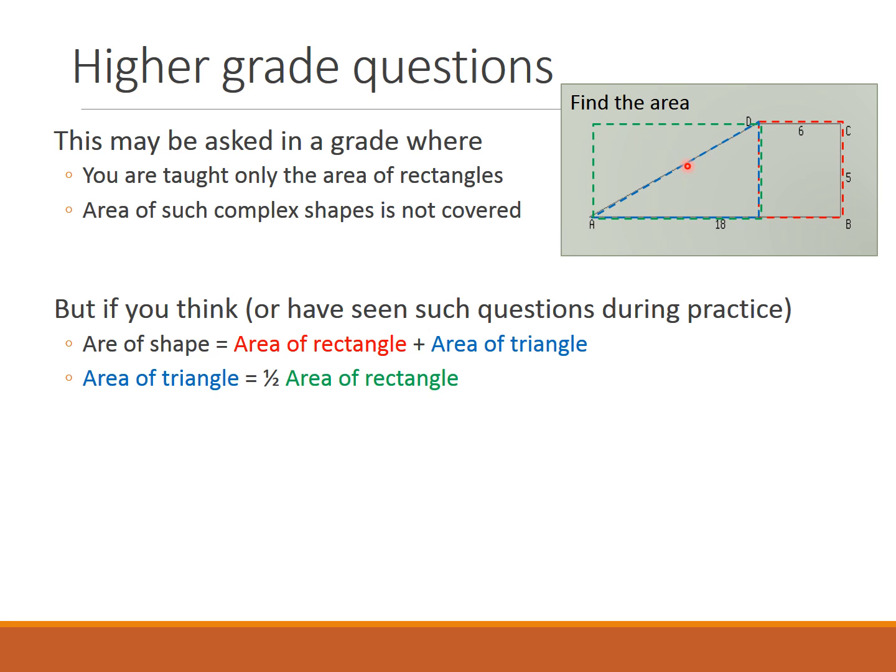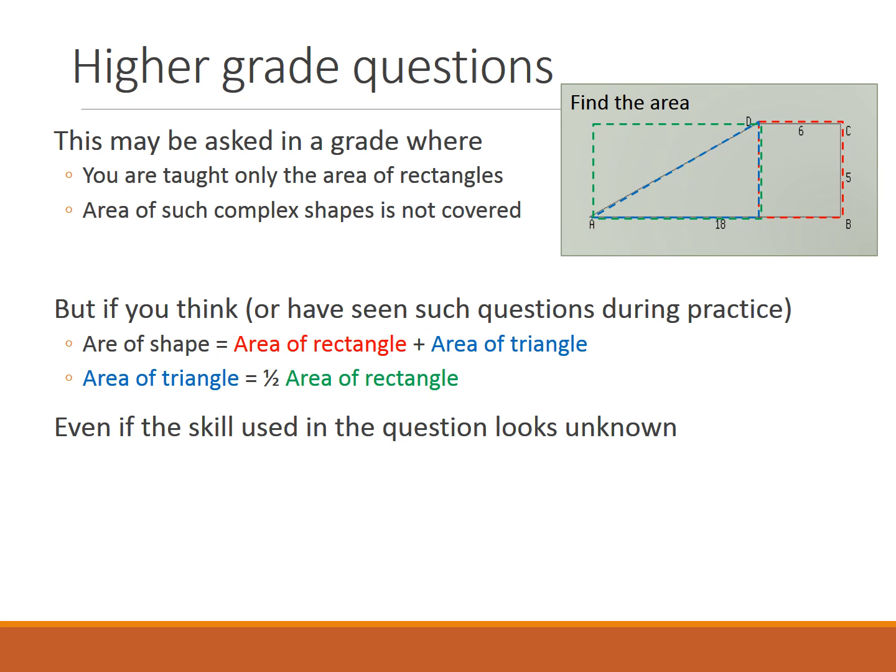Now comes the area of triangle. So it might be the case that the kids don't know how to find out the area of the triangle. But if they use some common sense, we can see that the area of the triangle is basically half of the area of the rectangle shown in the green dotted line. So once you know the area of this bigger rectangle, you can find out the area of triangle by just